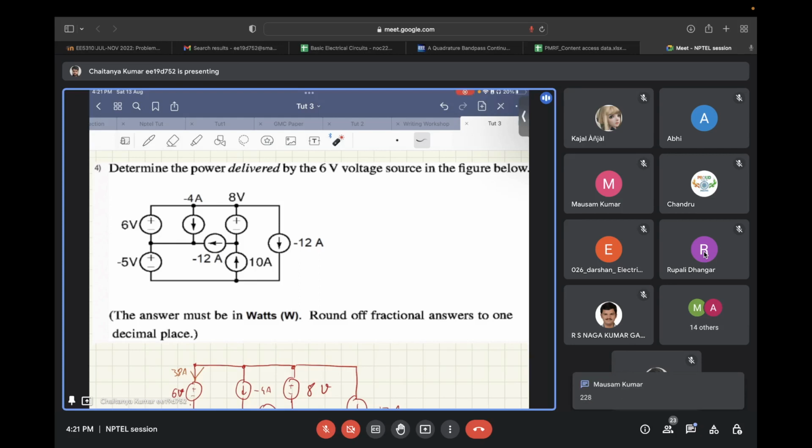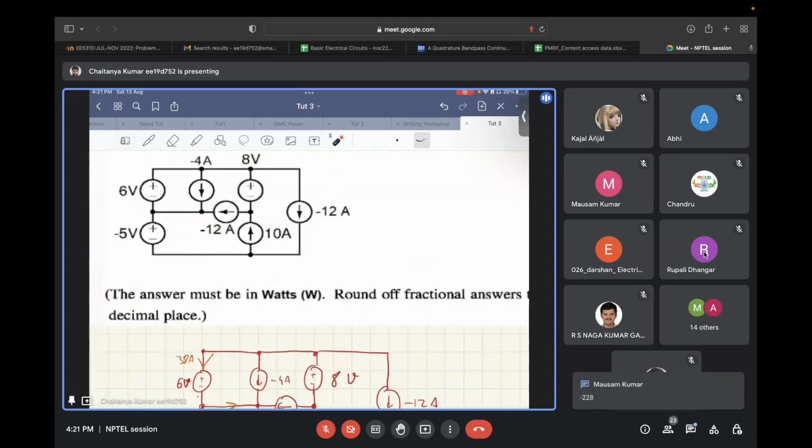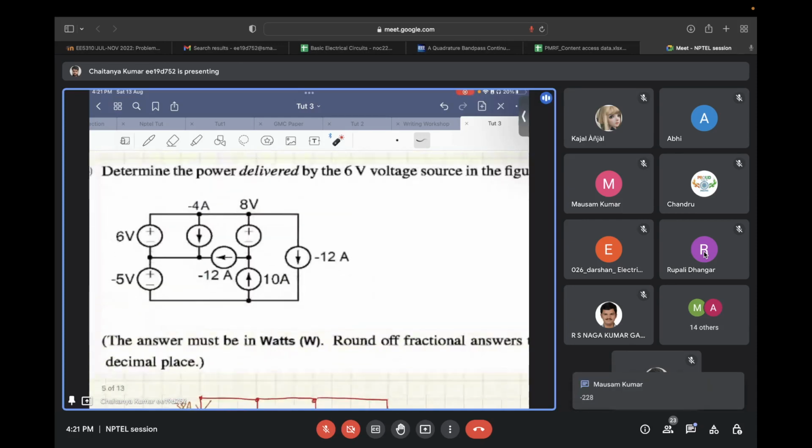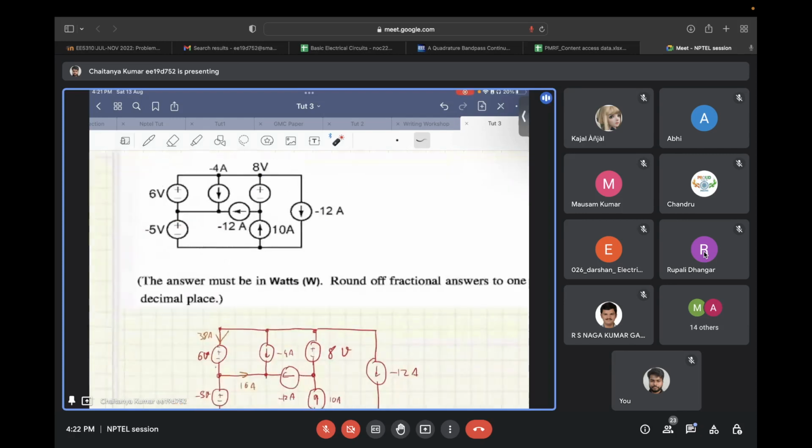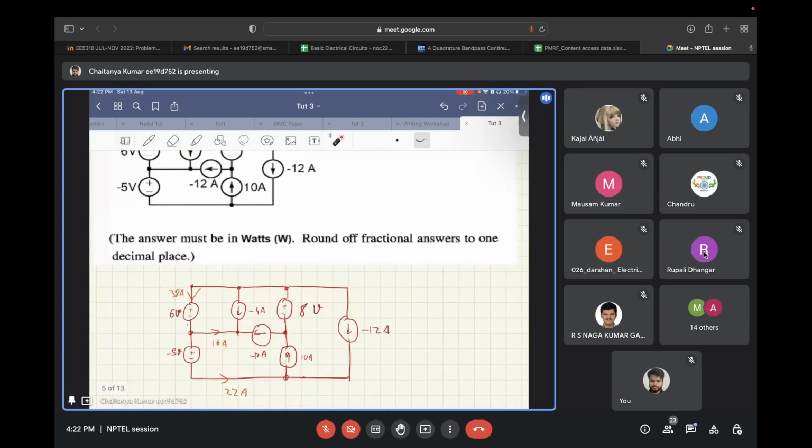Okay, so we have 228 as well as minus of 228. So let's see which one is correct. So again, what we need to do is find the power delivered by the 6 volt voltage source. So we need to find the current in this direction, the one that is coming out of the positive terminal. Now, if you look closely into the circuit,